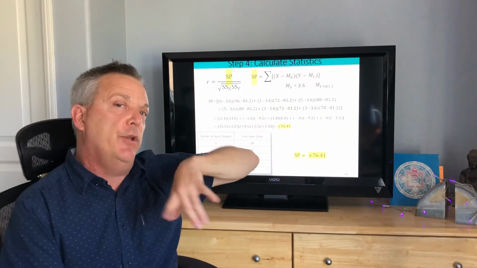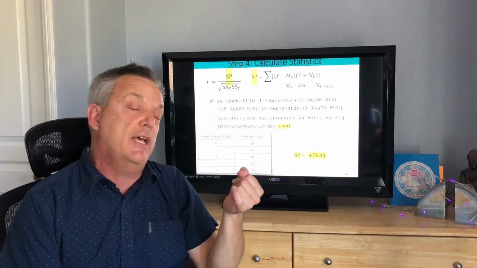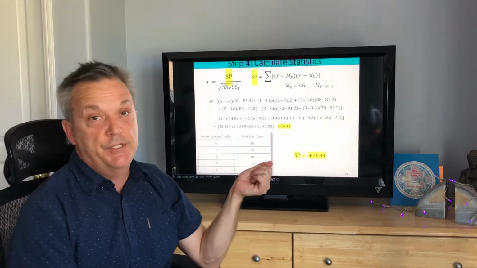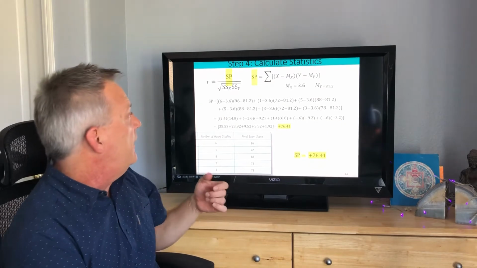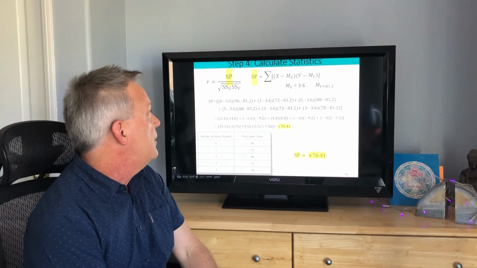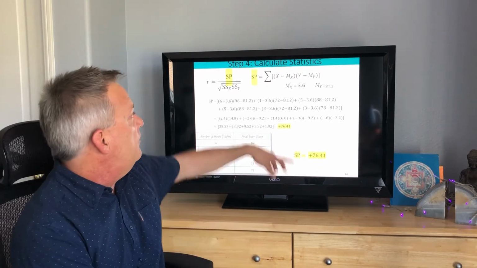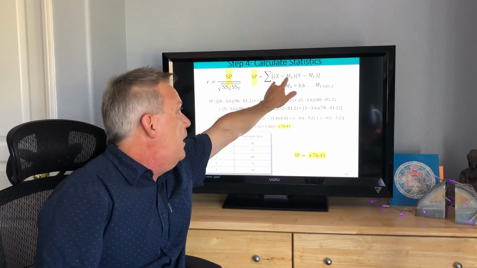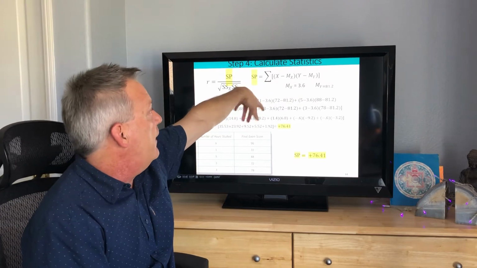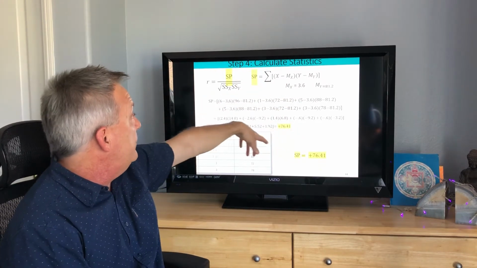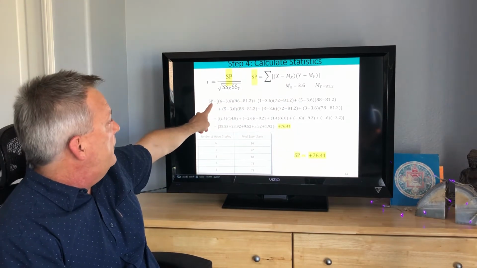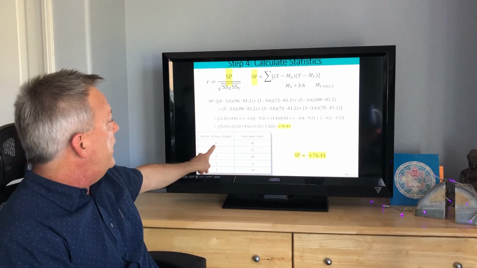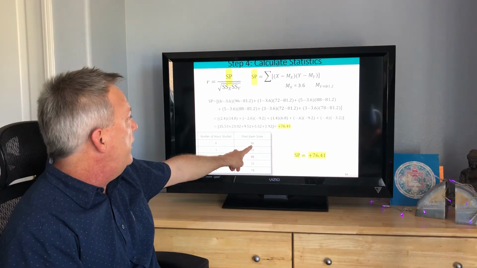In the book, I noted that it mistakenly said that it was the sum of the products of the squared deviations. It is not, and I let you know that in an announcement. But anyway, the sum of products is the sum of the products of the deviations of x and y from their means. So if you want to take a look at how the sum of products is calculated here,